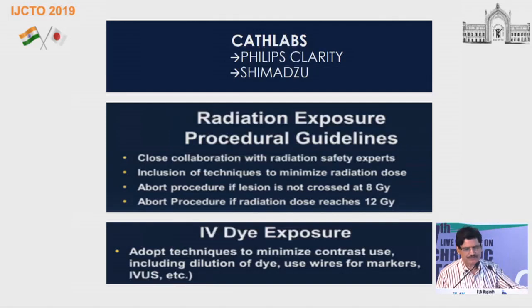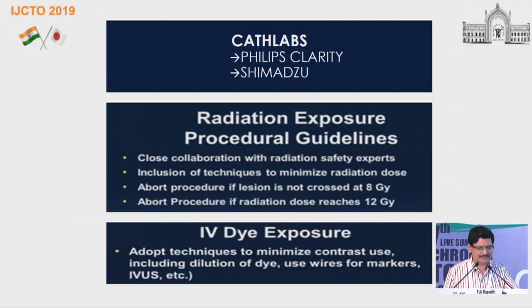And inclusion of techniques to minimize the radiation dose, like the majority of cases we should do under fluoro only, and minimizing the cine loops. And third important, involving the rad pads, especially some of the radiation sheets nowadays available, we have to use especially for CTOs to minimize the radiation to the operator. And about the procedure, if the lesion is not crossed and radiation dose reaches 8 grays, and about the procedure if radiation dose reaches 12 gray. And most important, the contrast exposure, you have to take care of this, especially by adopting